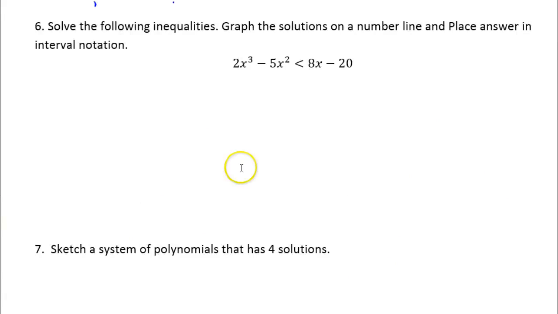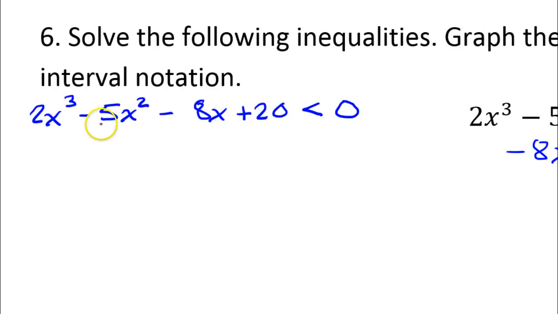All right, take a look at problem number 6. This is very similar, but we need 0 on one side before we really get started. So I am going to subtract 8x from both sides, and I'm going to add 20 to both sides. Now there are no like terms here, so I'm just going to write all of these in a row. So I'm going to wind up with 2x to the third power minus 5x squared minus 8x plus 20